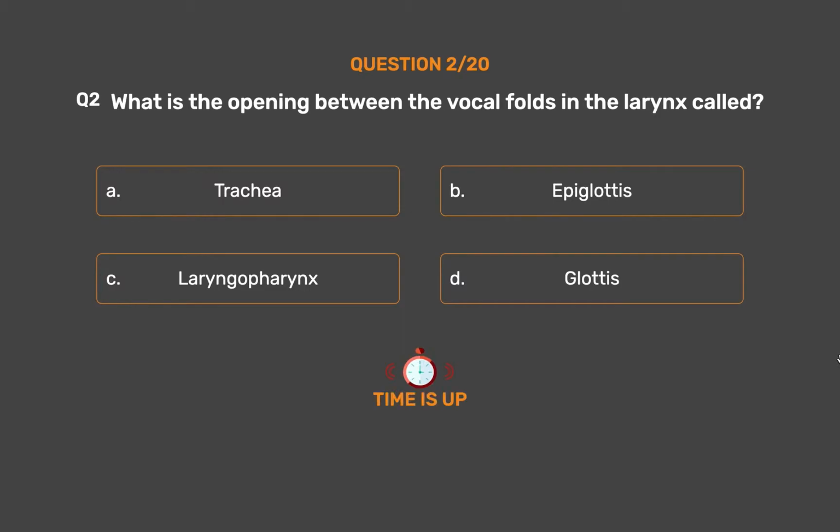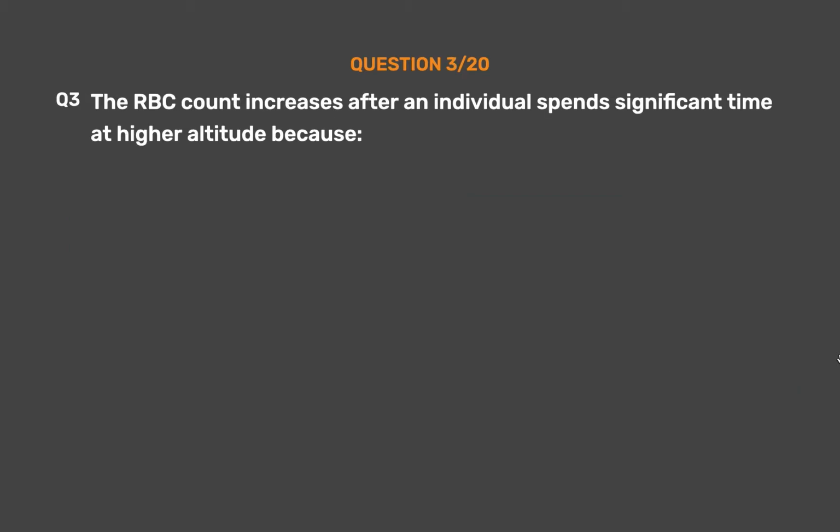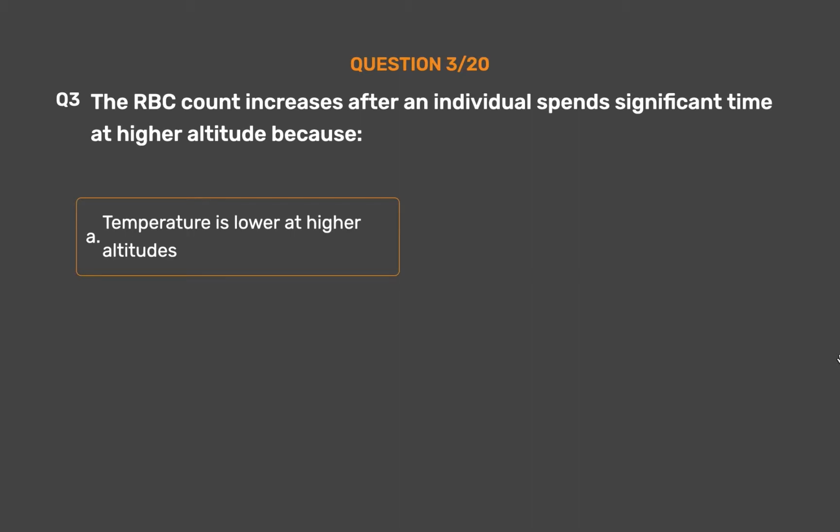The correct answer is option D. Glottis. Trachea is commonly called the windpipe. The glottis is the opening between the vocal folds in the larynx, the sound box. During swallowing, a thin elastic cartilaginous flap called the epiglottis covers the glottis to prevent the entry of food into the larynx. Question number 3. The RBC count increases after an individual spends significant time at higher altitude because